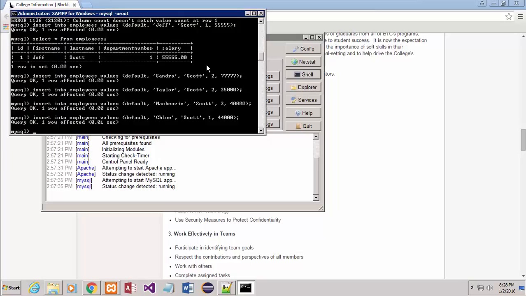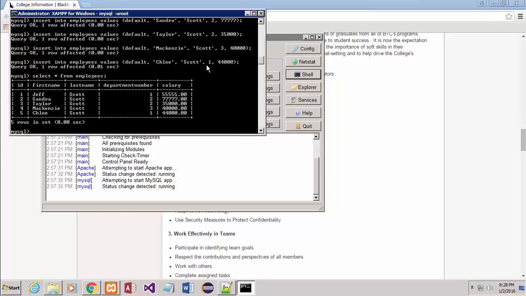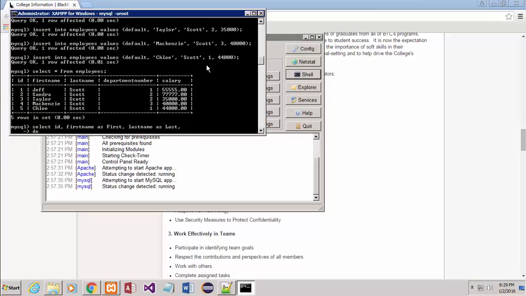All right, so I put all that information in. So let's select star from employees. Okay, so that's everybody that's in there. It doesn't read real well because department number is really big. So I'm going to say this, just so you see this. Select ID, first name as first, last name as last, department number as,